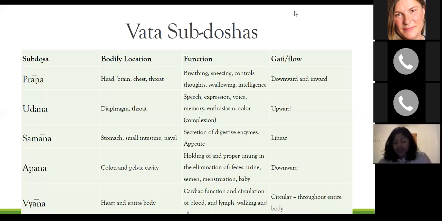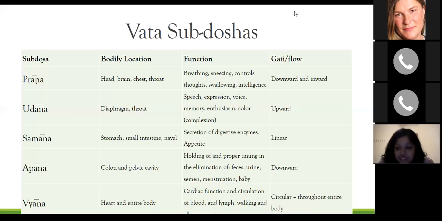So the next is Apanavata. For instance, we know that Apanavata is responsible for initiation and elimination of all of the different waste products in the downward movement: fecal matter, urine, semen, menstruation, and the fetus. And if there is an imbalance of this Apanavata, the common disorders are, of course, delayed labor, infertility,